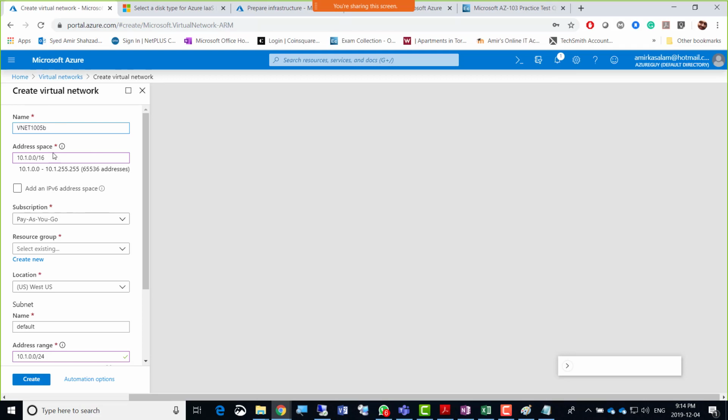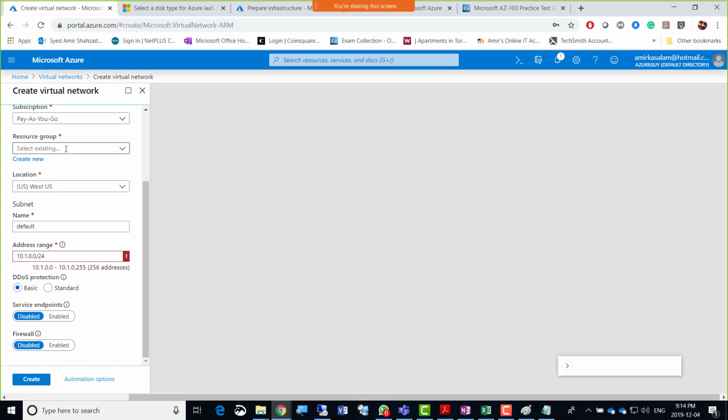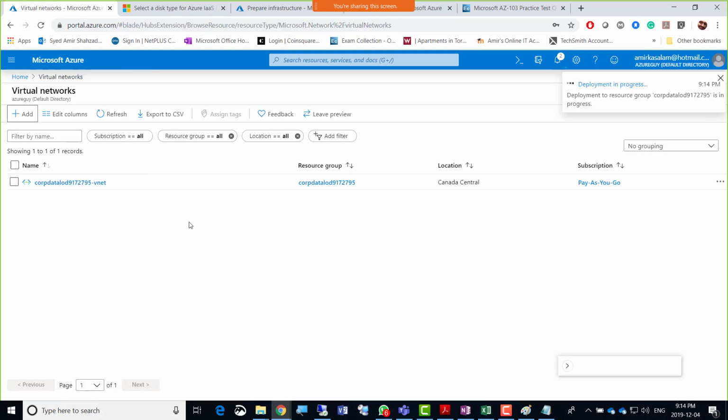So 5B, and I'll change it to 2.0.0/16, and then I'm going down to the resource group, carb data old, East US here, and went for 2 instead of 1. And then click create.